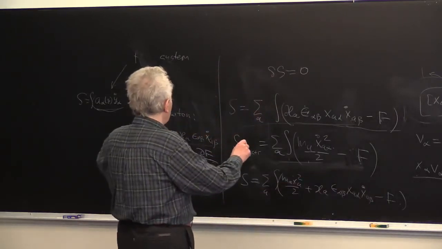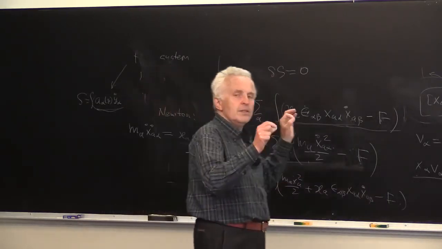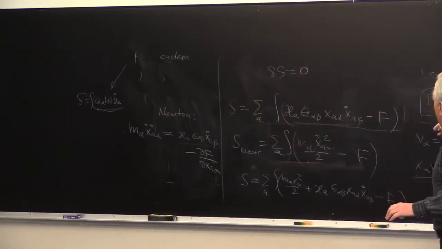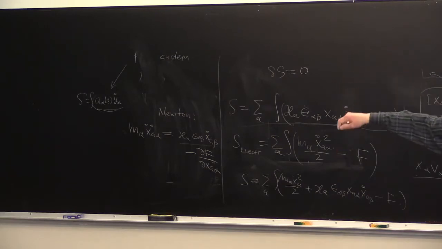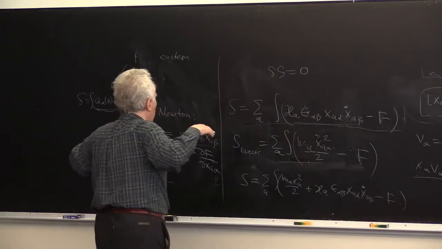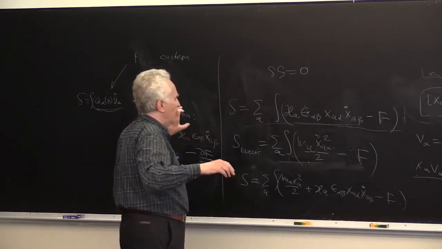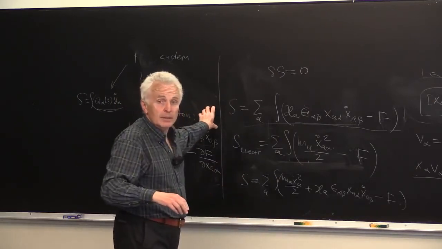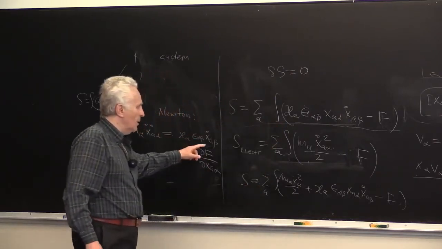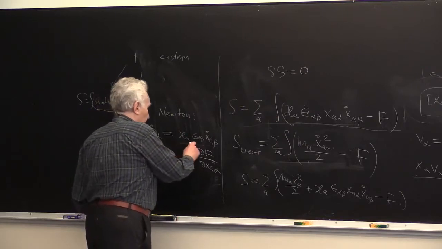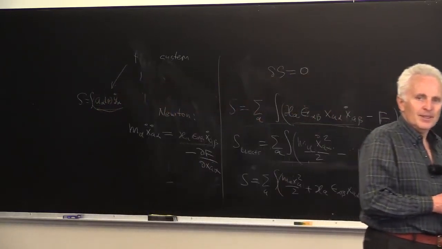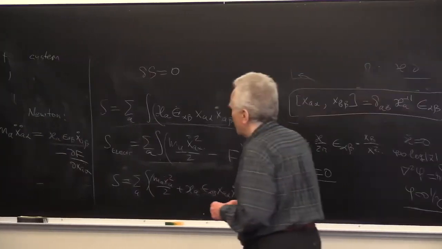Actually, what I'm driving at is that this is a system of electric charges which move on the plane of the blackboard, and they are placed in a perpendicular magnetic field. You have a magnetic field perpendicular to the blackboard. And what is the name of this force in physics? It's the Lorentz force, yes.